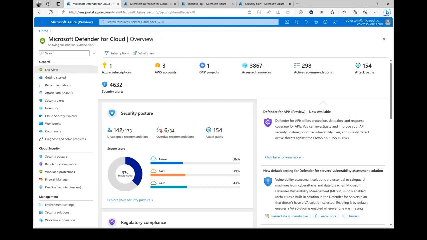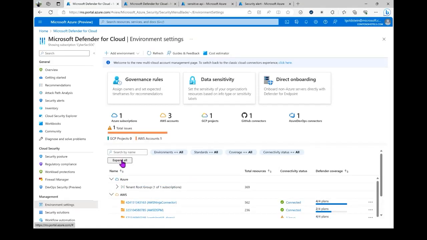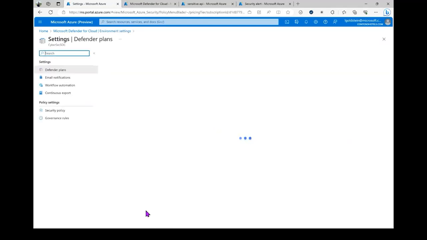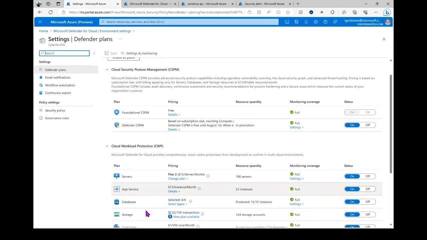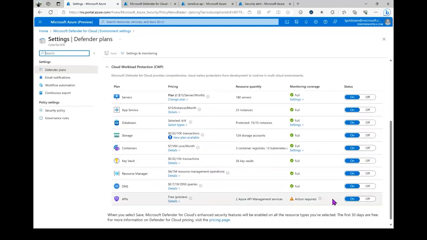So first, in Defender for Cloud, you would navigate to Environment Settings, select a subscription of choice, and then under the Defender plans, this is where you would actually be able to turn the status of APIs on. So in my environment, it's already on. If it were off, then I would just switch it to on, click save, and then Defender for APIs would be enabled on the subscription.